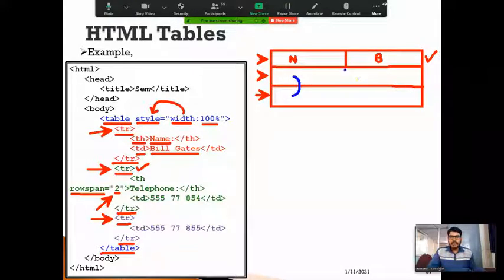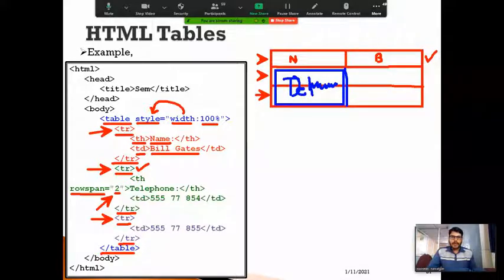It will create a th tag by merging these two rows, and this line will vanish because I'm using rowspan with the value 2. That means it will merge these two cells into a single cell like this, and within this, it will include Telephone as a value.